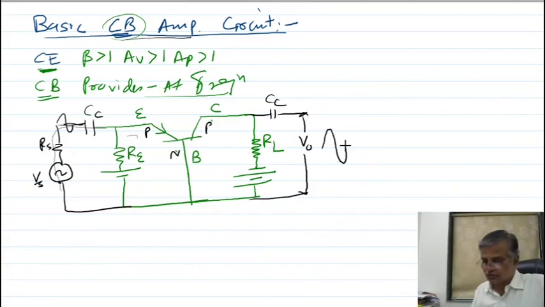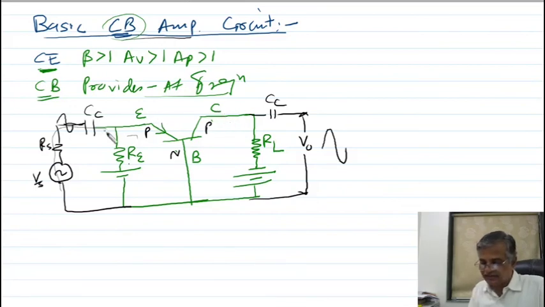So this is called bias resistor RE. This is called load resistor across which output voltage is developed. This is your coupling capacitor. This is your coupling capacitor. This is a source resistor. Here the AC signal will come. Here the DC will come. Here you will get AC plus DC both. With the help of this, you will get amplification.